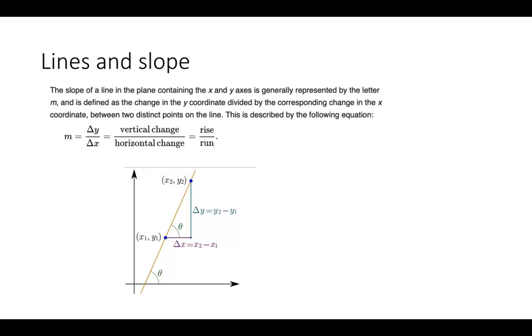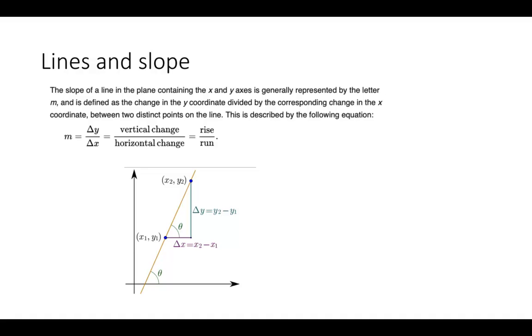straight line and slope. So this is just a figure that illustrates a straight line with 2 points, x1, y1, and x2, y2. And you may recall it requires 2 points to define a line. And the slope is just defined as the change in y over the change in x. You may have referred to this in high school as the rise over the run, also known as vertical change